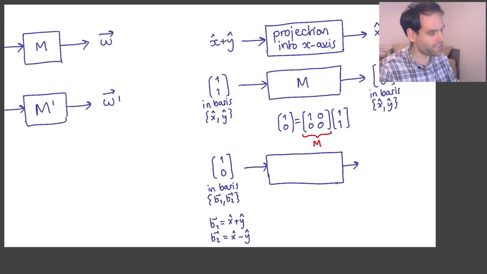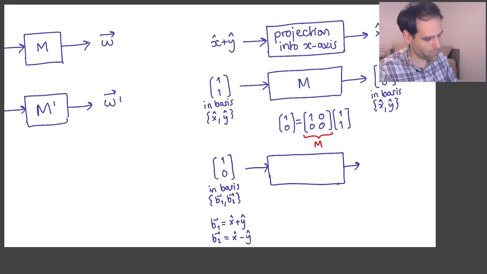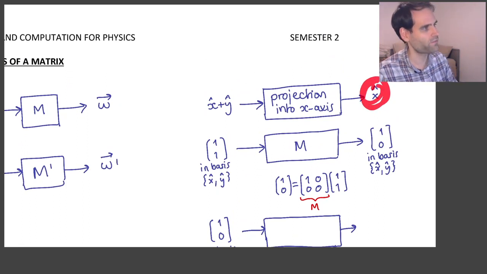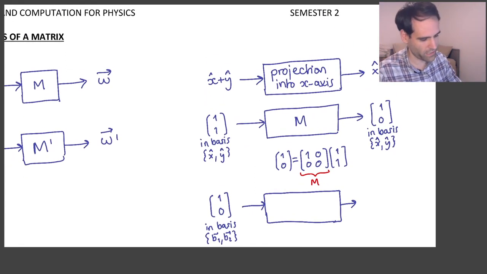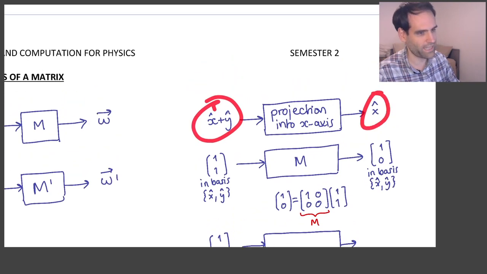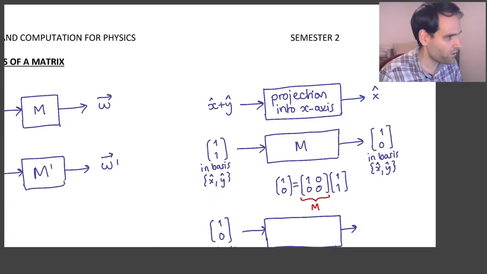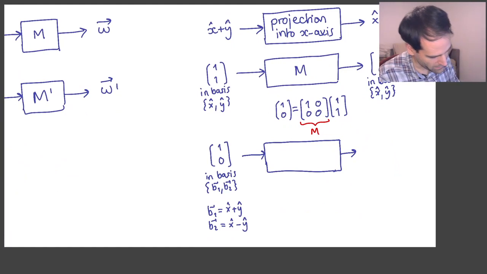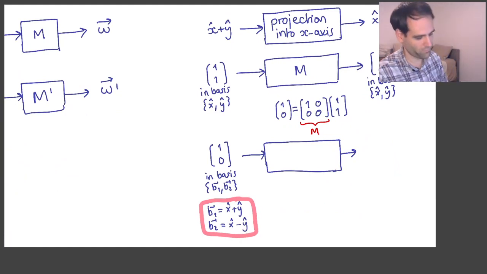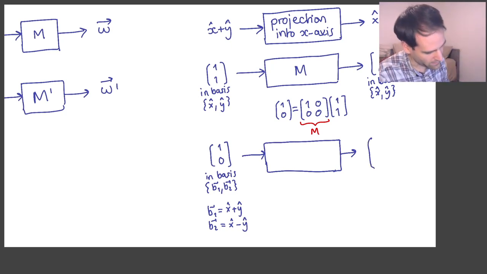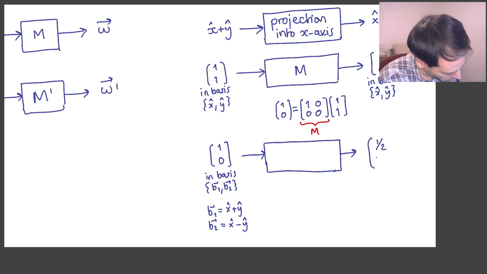And we know that the output of this transformation must be necessarily equal to x hat, which we have here, right? Because remember, when the input is x hat plus y hat, the output has to be x hat. And we already knew this from seeing it here. So therefore, we need to write x hat in this basis, b1 and b2. So to write x hat in this new basis, the answer is that this is equal to 1/2, 1/2 in the basis